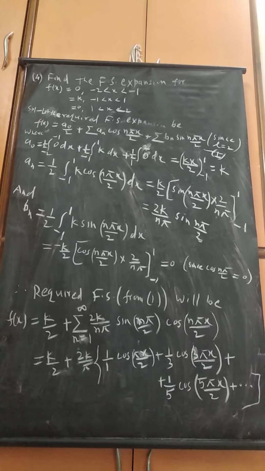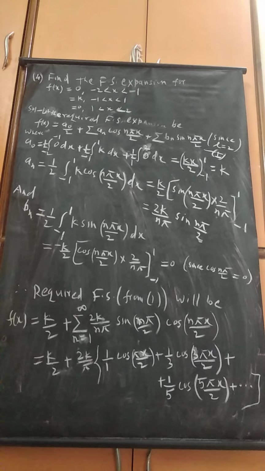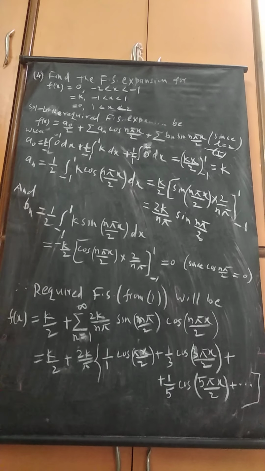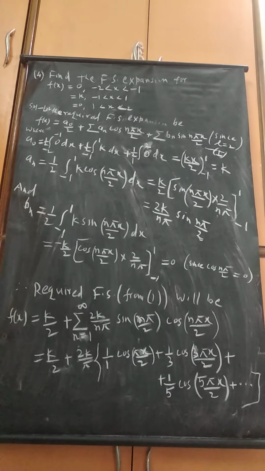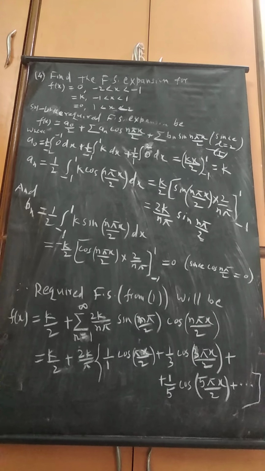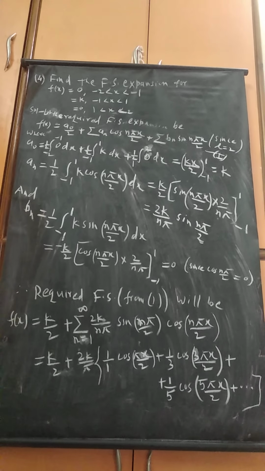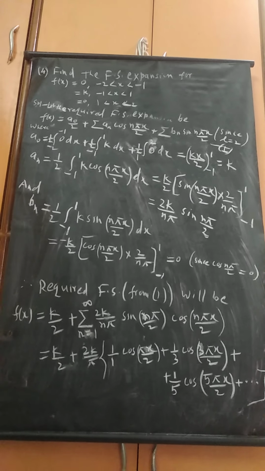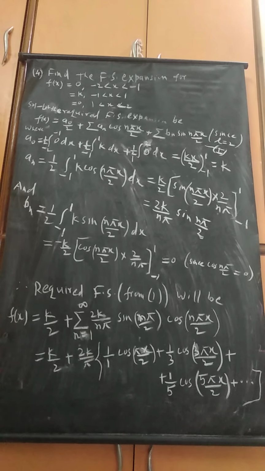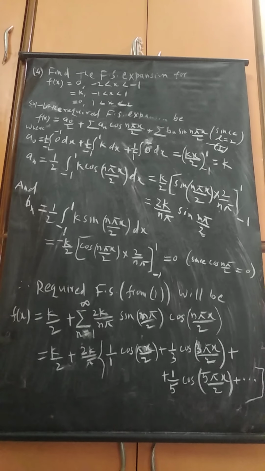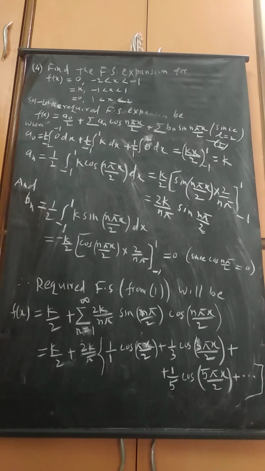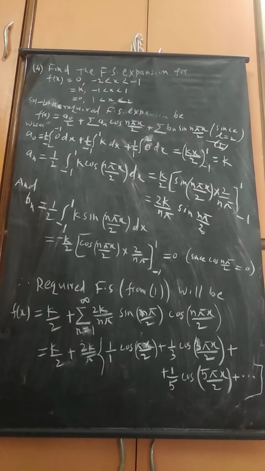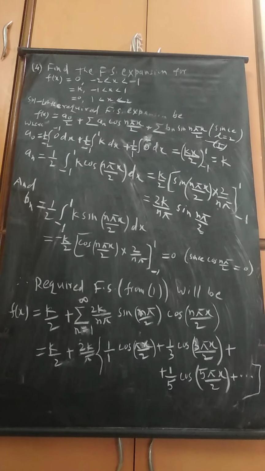Lastly, bn, the last Fourier constant, bn is 1 upon 2 integral minus 1 to 1 k into sine of n pi x divided by 2. So integration of sine is minus cos, that we have written: minus k by 2 cos of n pi x by 2 into 2 by n pi, and the limits are minus 1 to 1, and it is equal to 0 because the cos terms cancel, and therefore the required Fourier series expansion from equation 1